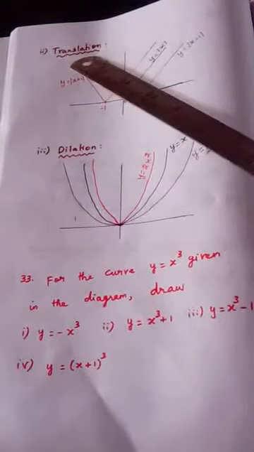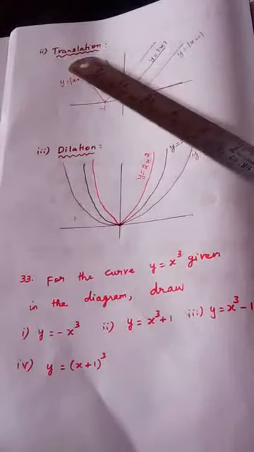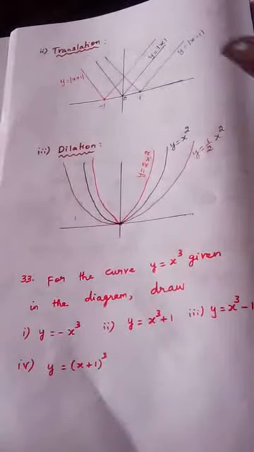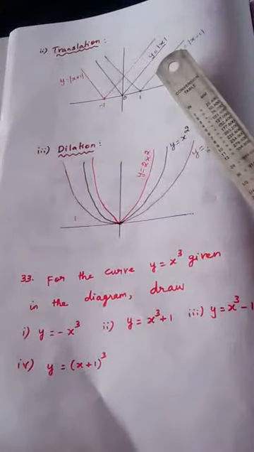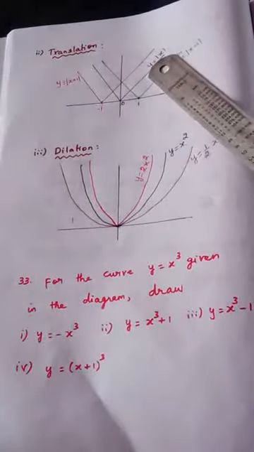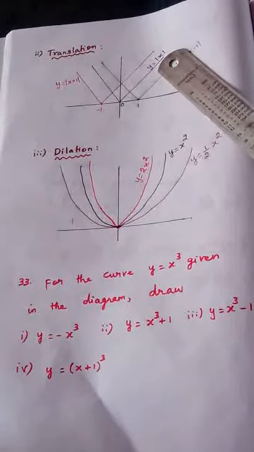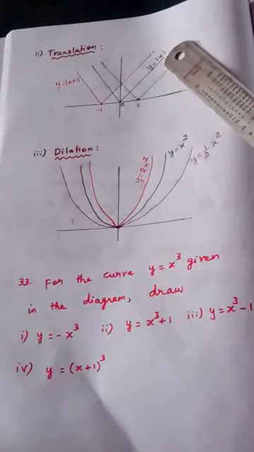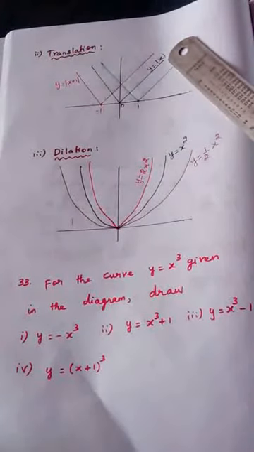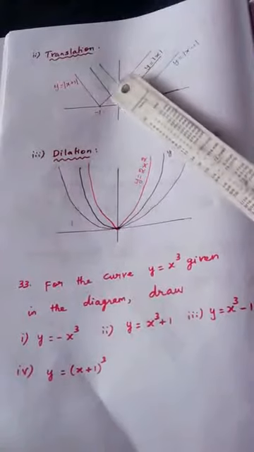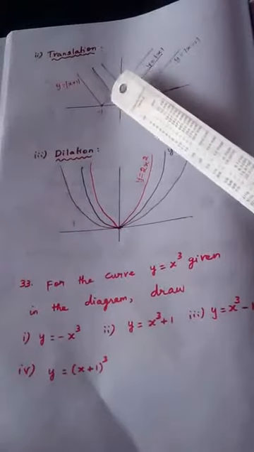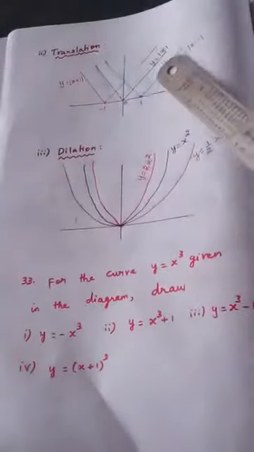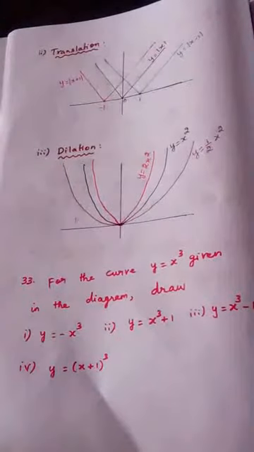The heading is translation. As I said earlier, I am not going to write the definition for translation. Just through this example, try to understand the meaning of translation. If you see this diagram, you can see 3 colors here. y is equal to modulus x is drawn in black color. I am going to show the diagram for you. It comes like this and it goes like this. This is y is equal to modulus x. It passes through the origin. The V-shaped diagram in black color is y is equal to modulus x.